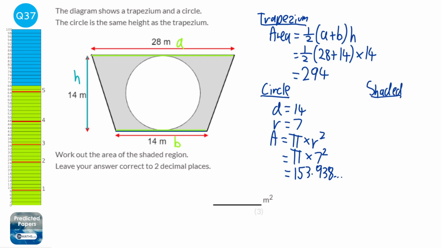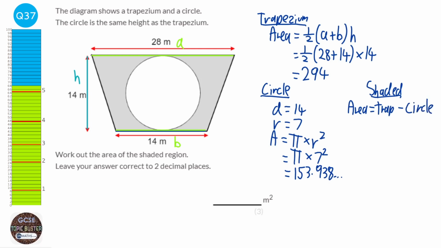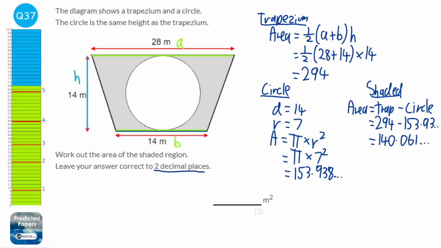And it says we want to work out the area of the shaded region. So the area will be the total area, which will be the trapezium, take away the area that we don't want, which is this bit here, which will be the circle. So the trapezium's 294, the circle's 153.93 blah blah blah. And when you do that, you get 140.061, blah, blah, blah. It says it wants it to 2 decimal places, so it would be